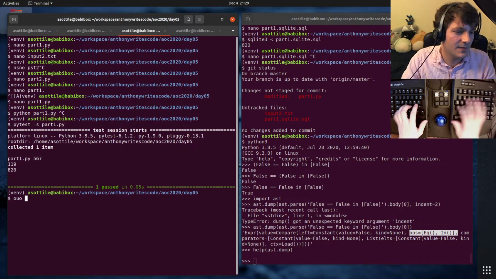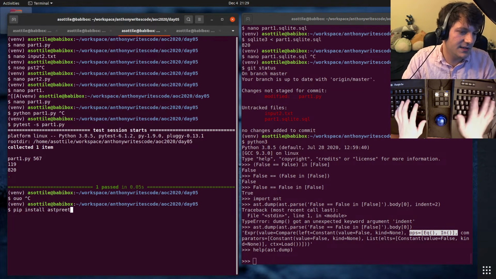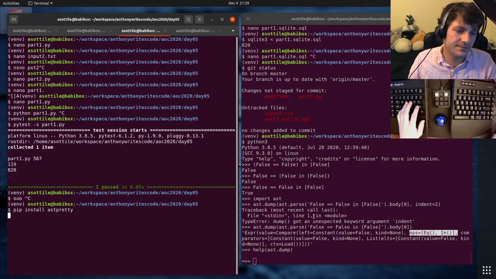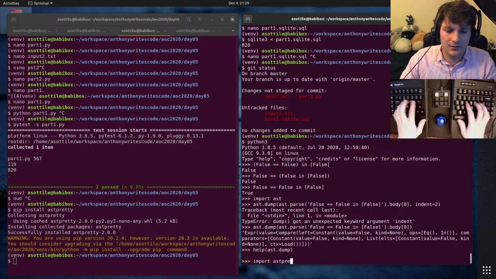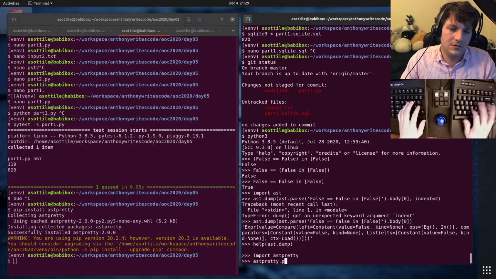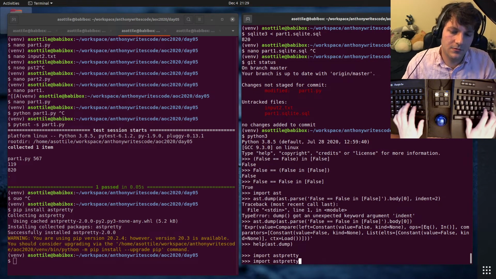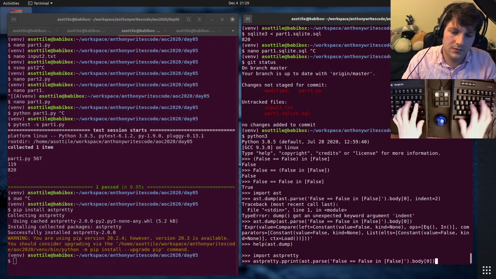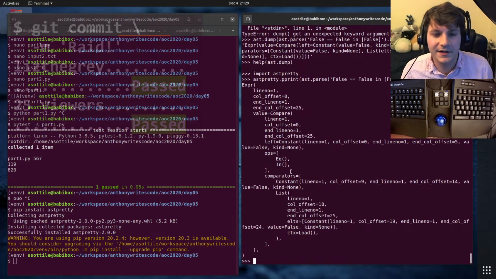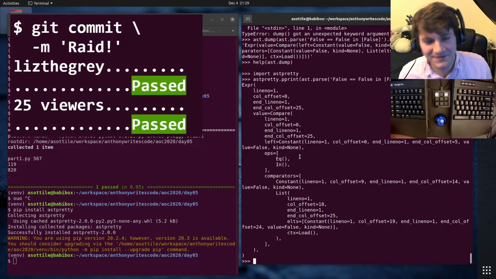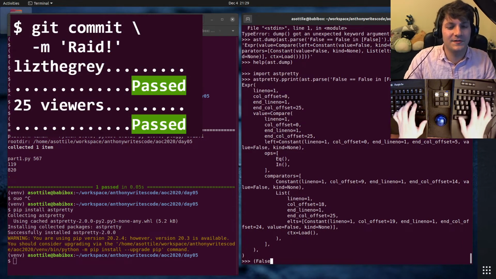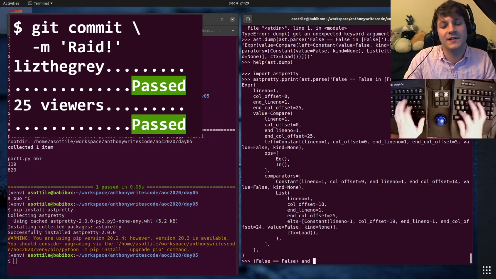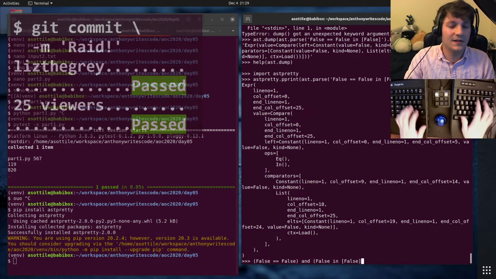Oh, I guess I can install it. Pip install ast pretty. So anyway, the hint here is it is a compound comparison. So the way that it executes is actually false equals false and false in false.